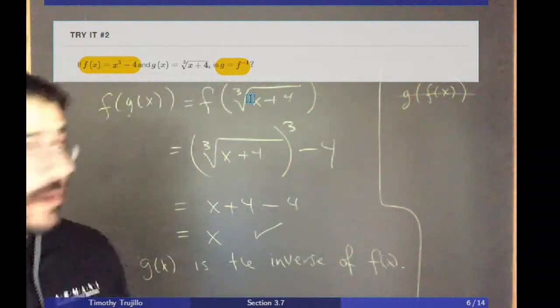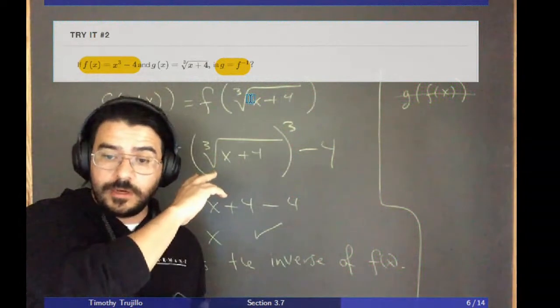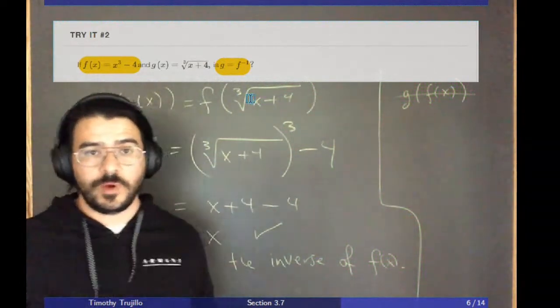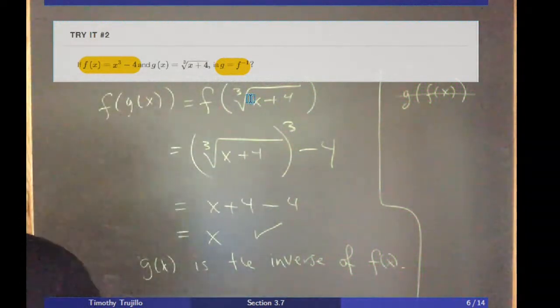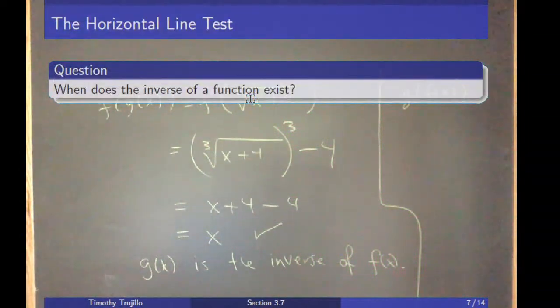Okay. Now, graphically, what it means is that these two functions are going to be reflections of one another along that line y equals x, okay? Because all you're doing is flipping the x and y values. Okay, so remember at the start of class we said, you know, maybe inverses don't necessarily always exist. And we talked about it in a little bit of detail, but again,